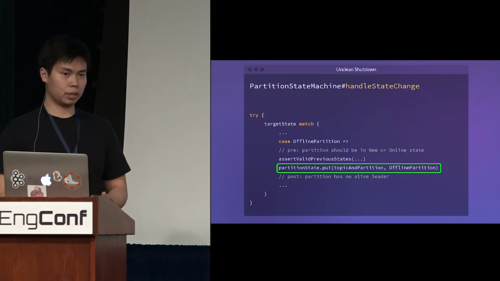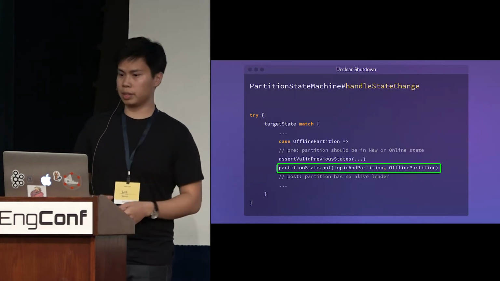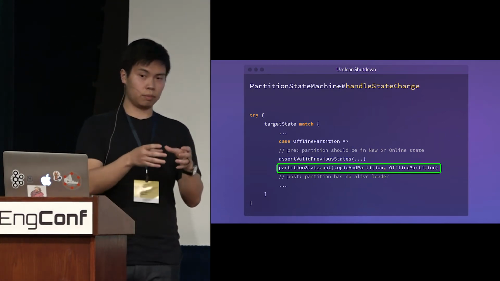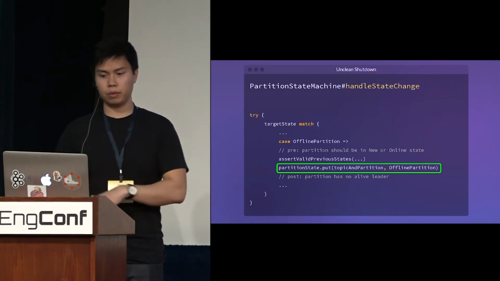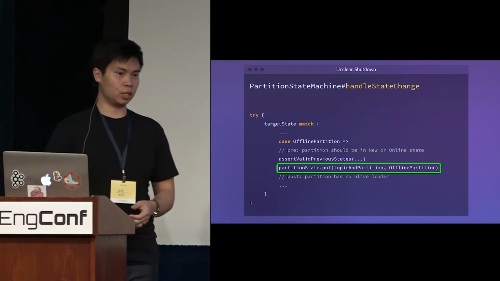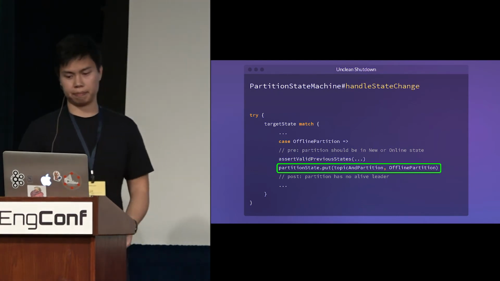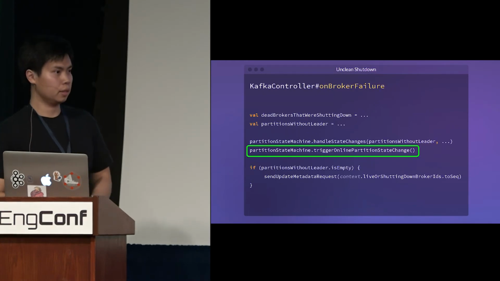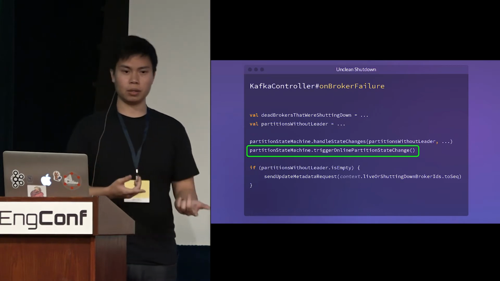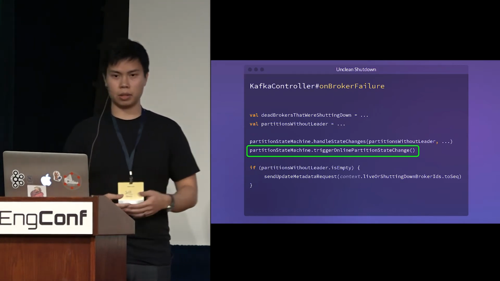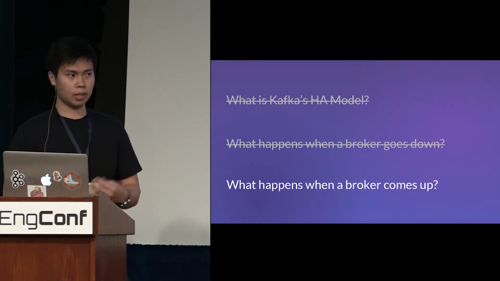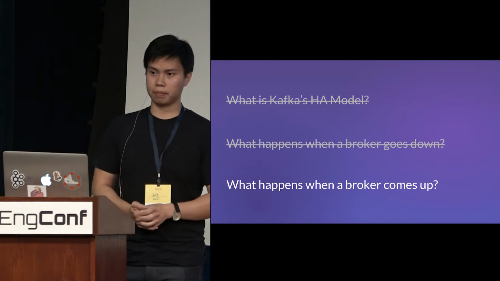Now, the controller in the cluster will have listeners that listen for these types of events, where it'll take all of the partitions that that downed broker was leader for, and then move them into the offline partition state. And it does this simply by just writing some metadata to a map locally. After that, it'll take those freshly offline partitions, and then it'll transition them back into the online partition state, but this time onto another live broker on the cluster. So that's what happens when a broker goes down.